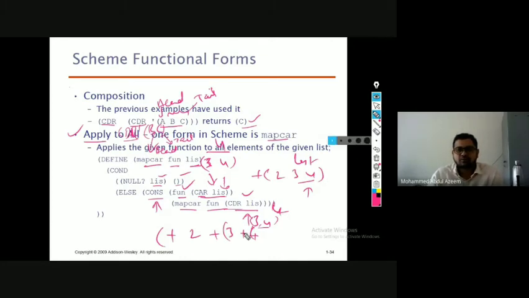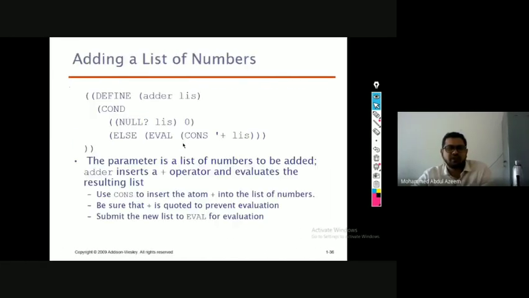Okay. So we can apply this to all kinds of things by building the code, with the help of recursion. You have plus 2, 3, 4, right? So the interpretation of this: first you are checking whether the list is null.